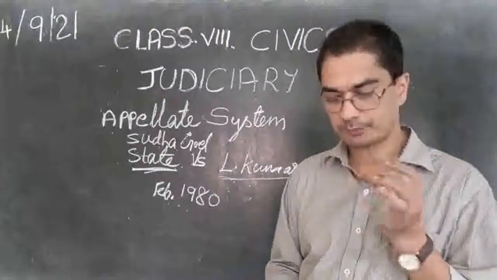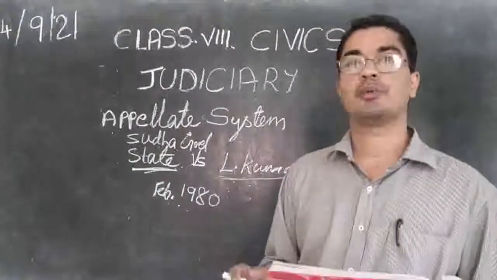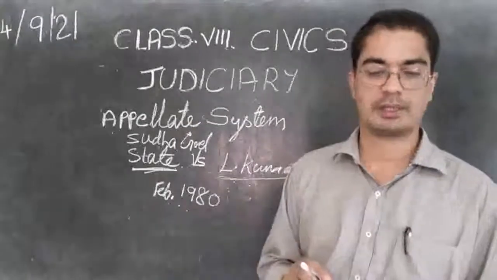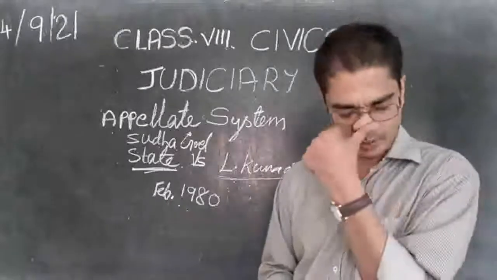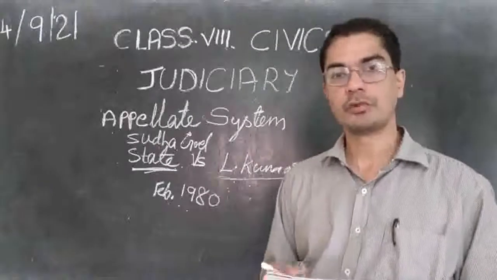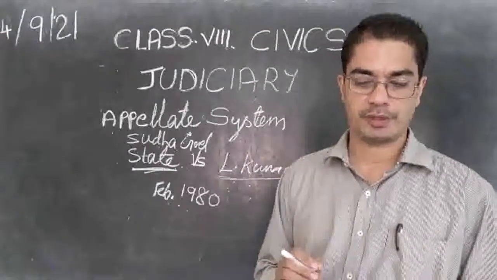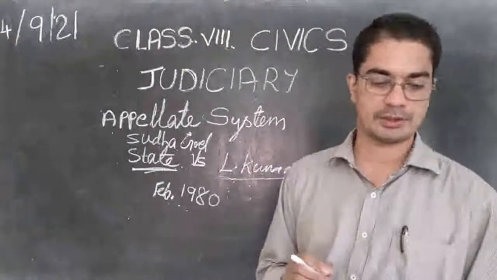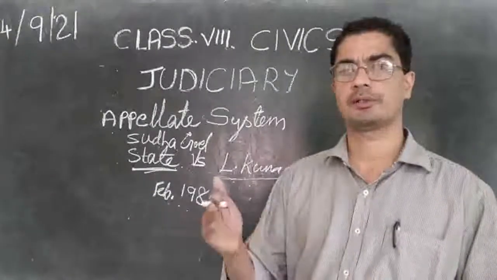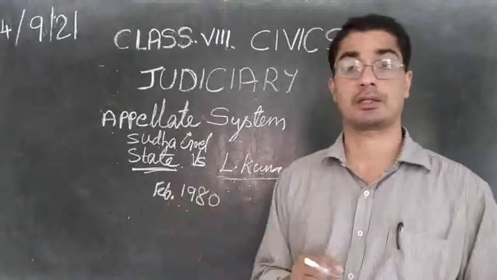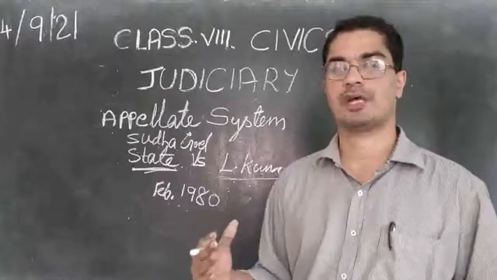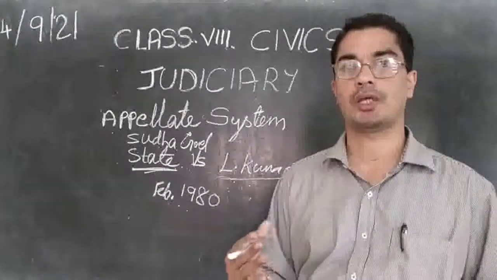So what happened now? You may remember the photo essay on the women's movement in the class 7 book. So now we go back to class 7. There you remember what you studied. The photo essay on the women's movement across the country spoke about dowry death. So in our country, many women are killed or made to die because the husband's family is not happy with the dowry that they are bringing.